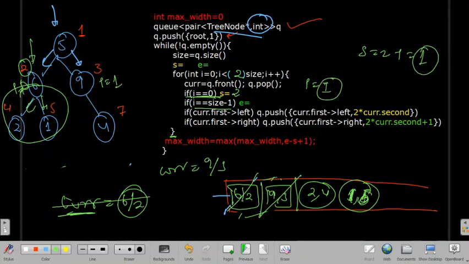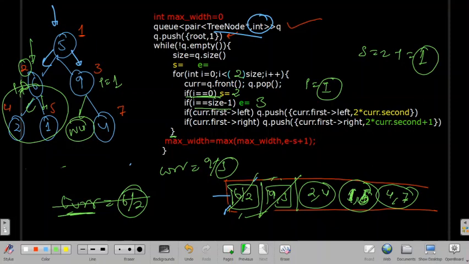So I will assign index 3 for this one. Again I'll see if I have possible left and right indexes. I see here that we don't have any left index because it is null, but we have a right index, so we'll store right index 4 comma 7, that is node comma index, right? So this is it.